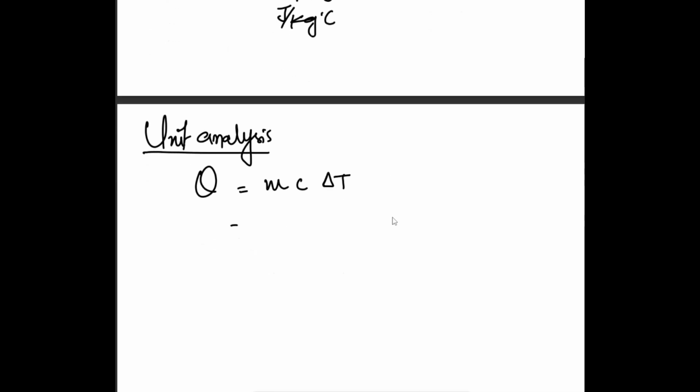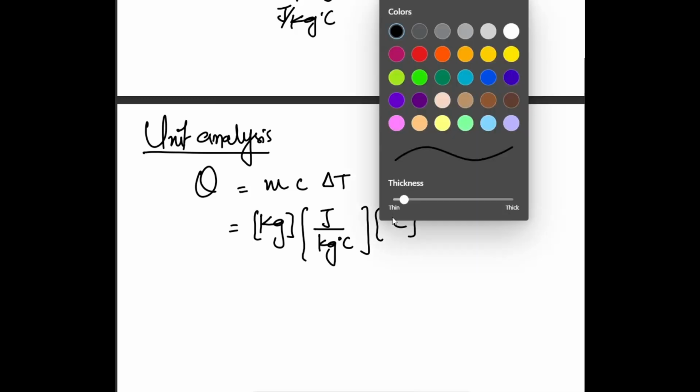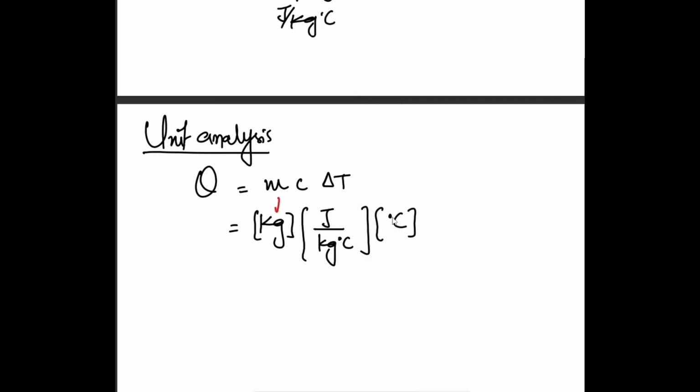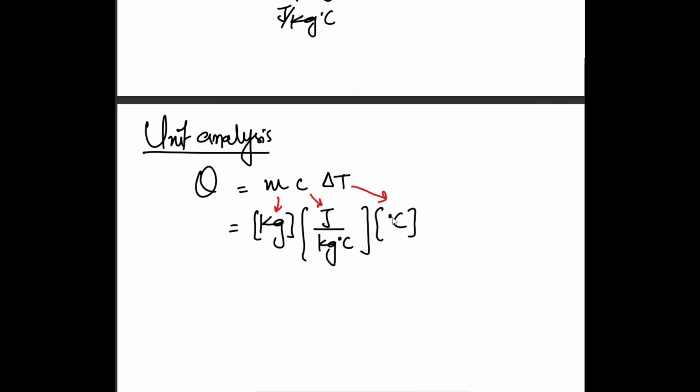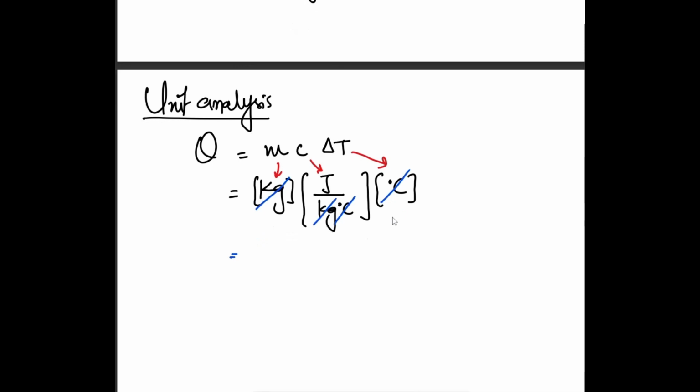I simply replace the units of all the quantities in the formula and see what happens. So this is joules per kg degree centigrade, and temperature is also in degree centigrade. What I've done is simply replace all the units with the respective quantities, right? After multiplying, I can see that kg is cancelled with kg, and degree centigrade cancels out degree centigrade. So what am I left with? I'm left with joules only. So that tells me that this Q